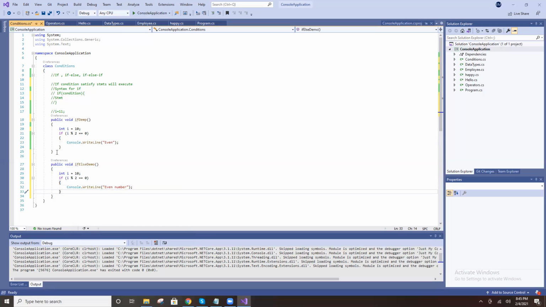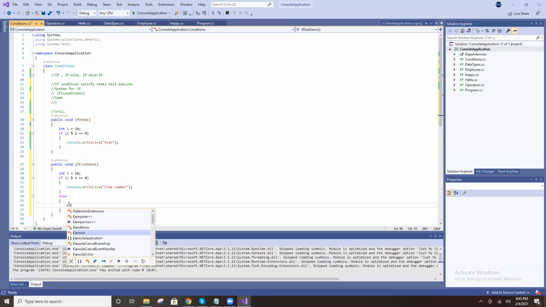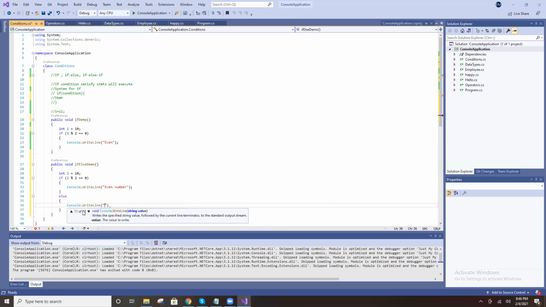Otherwise, else, no condition, else, and that's it. Otherwise, console dot write line, odd number.